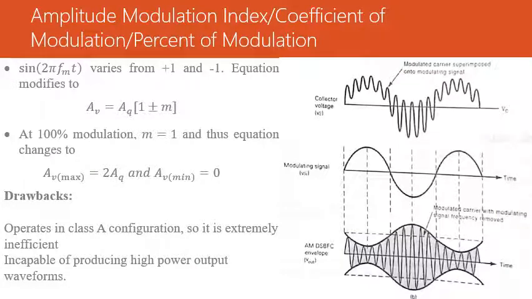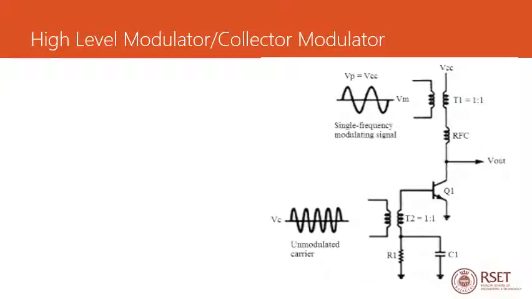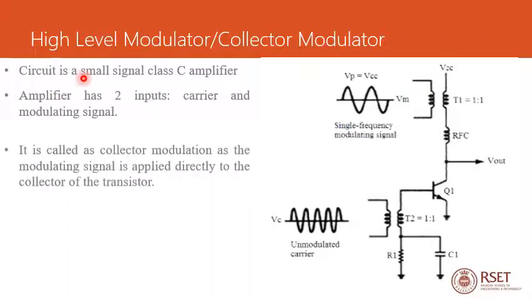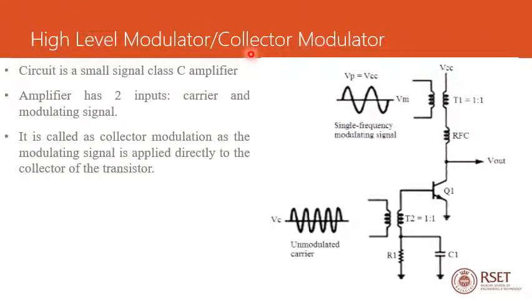So in this slide we are going to discuss the high level modulator, which is also known as the collector modulator. So this circuit has a small signal class C amplifier, and this amplifier has two inputs, that is a carrier signal and the modulating signal. And this high level modulator is also known as collector modulation, because the modulating signal is applied directly to the